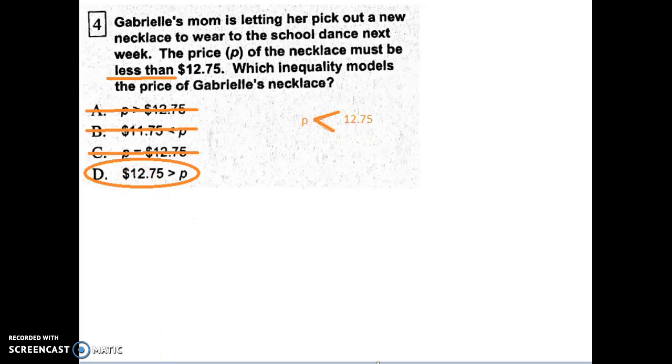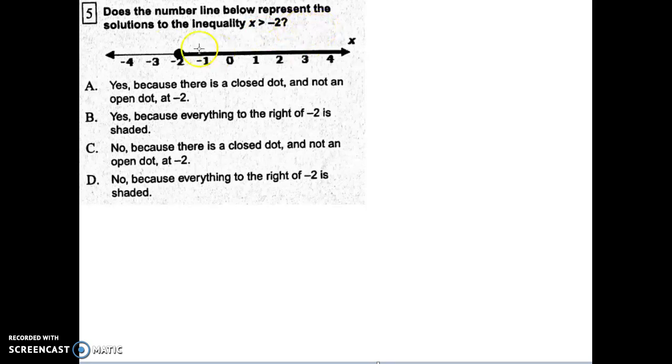All right. Number 5, does the number line below represent the solutions to the inequality x is greater than -2? So right off the bat, x is greater than -2. We're at -2 like we should be, and greater than, this side is shaded, so that looks right. Oh, but there's something wrong here, right? This says x is greater than -2. There's a rule you need to remember. When we have our greater than symbols,